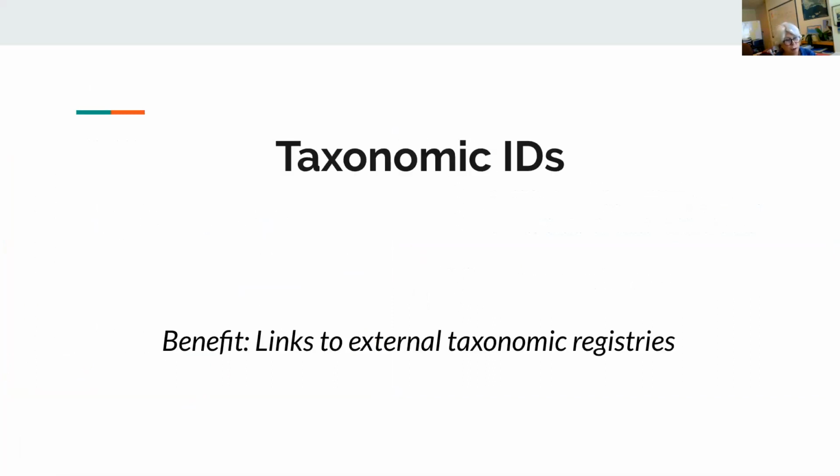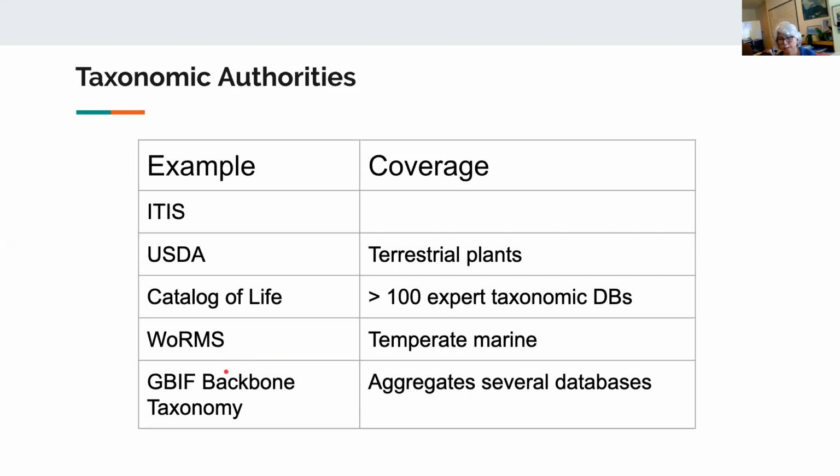Next is taxonomic IDs. This is a feature that's been requested for a long time, or that's been in the list of things that we should add for a long time. And now we have it. It's a mechanism to create an external link to an external registry for taxonomic coverage. And so this is a list of the kinds of taxonomic registries that we might use. There's ITIS, which holds lots of coverage and is very broad, USDA, the Catalog of Life. These are all things that actually could go into a